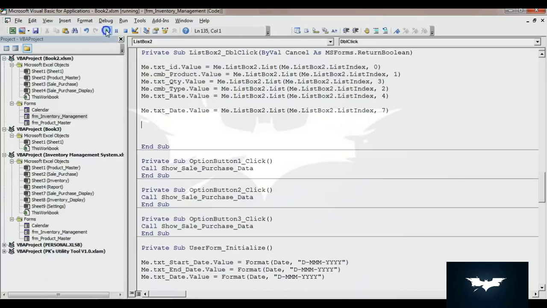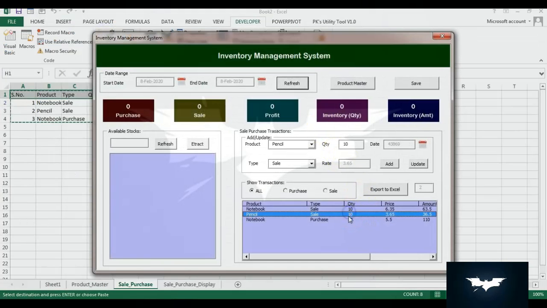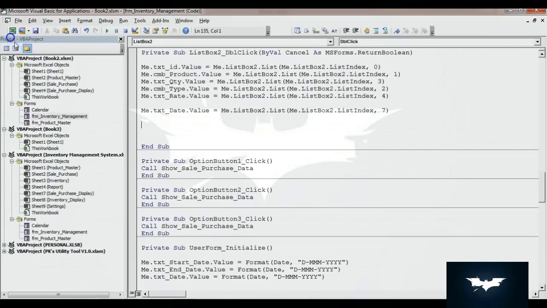Now let me run this. If I double click, you can see all the things are filled, but the date is not in proper format. So what I will do here, I'll use format here, and then this value, and I will format this as dd-mmm-yyyy.